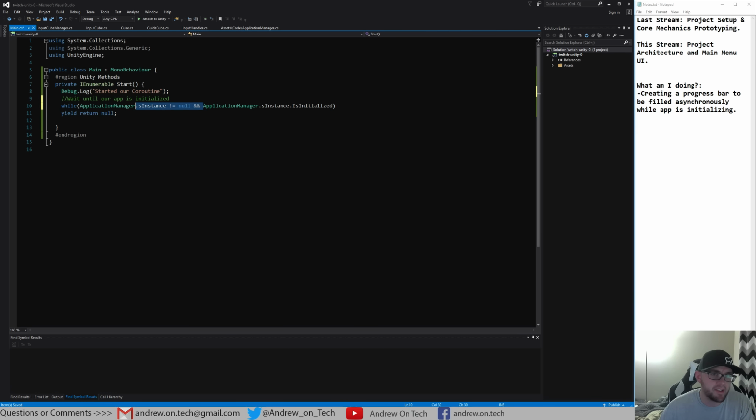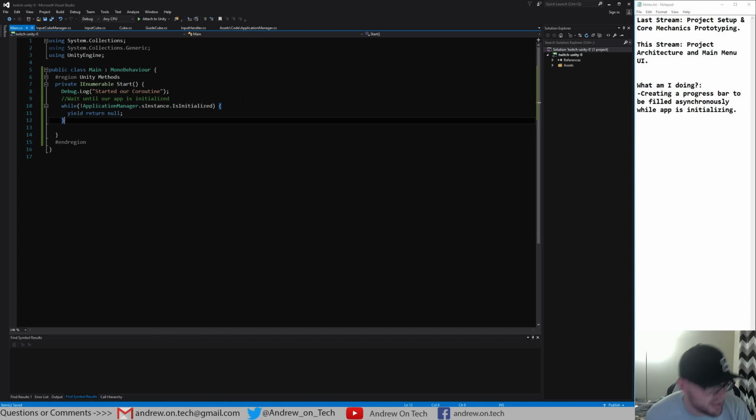But we know that our S instance is not going to be null, so I'm just going to go ahead and do it like this. So effectively what I want to do is, while our app is not initialized, I want to sit here and wait. I want to sit here and wait until our app is initialized. Then once our app is initialized, I want to go ahead and load